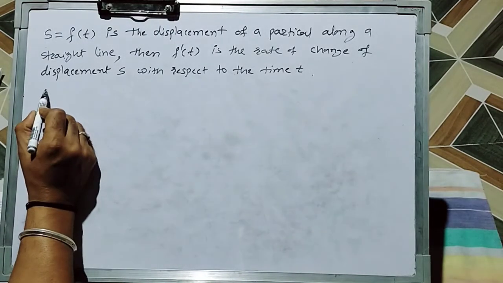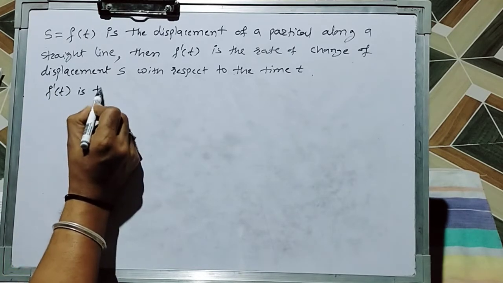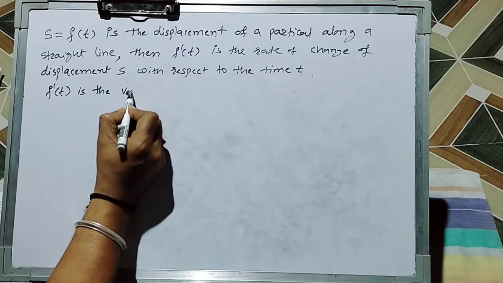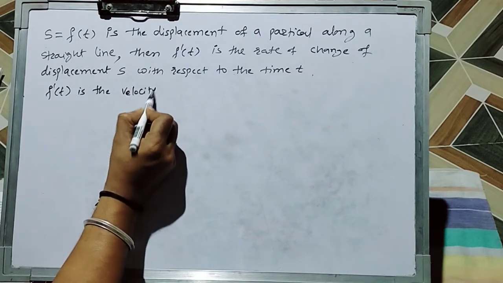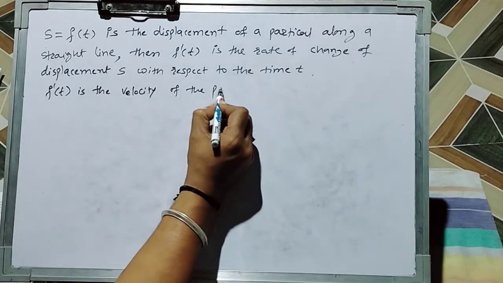In other words, f dash of t is the velocity of the particle,